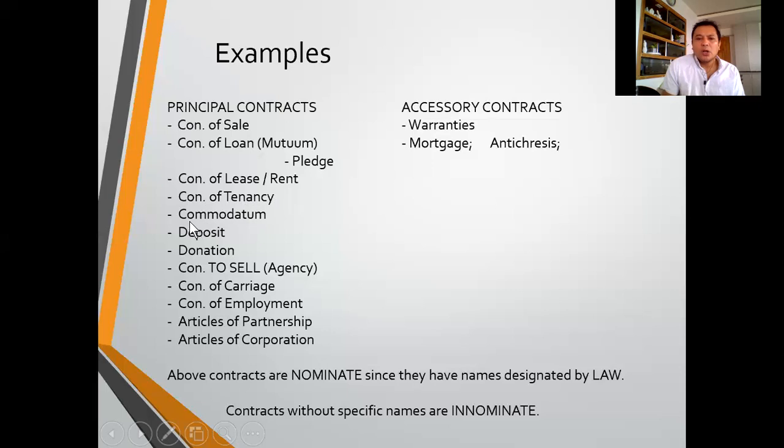Here, a comodatum is also a usufruct, the right to use. But here, this one is gratuitous, without any payment, or it's free of charge. So let's say, for example, I will let you use my car for 1 year without any payment or rent. That is comodatum, for as long as you will be the one paying the gasoline or fuel. That's comodatum, gratuitous contract. Here also,